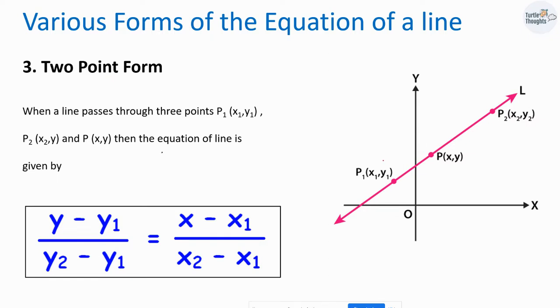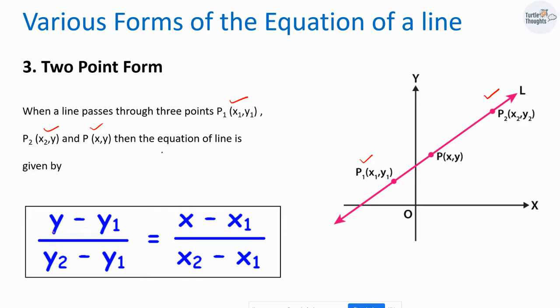Instead of 2 points, it passes through 3 points, P1, P2, and P, where the coordinates of P1 and P2 are known. The value of x and y should be kept as it is. So when a line passes through 3 points, P1, P2, and P, then the equation of the line is given by (y minus y1) over (y2 minus y1) equal to (x minus x1) divided by (x2 minus x1). So basically these are the three formulas which you have to know in order to solve the upcoming